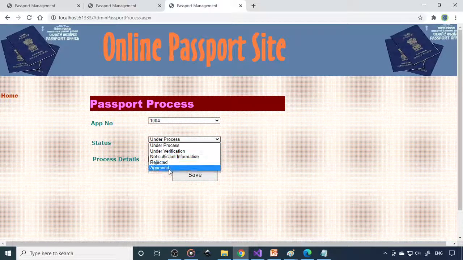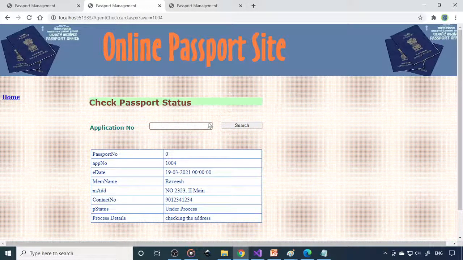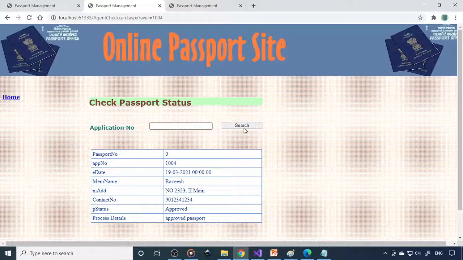So now assume that everything is over and it's approved. Passport, save. Now if you check the status of 1004, it shows approved passport.